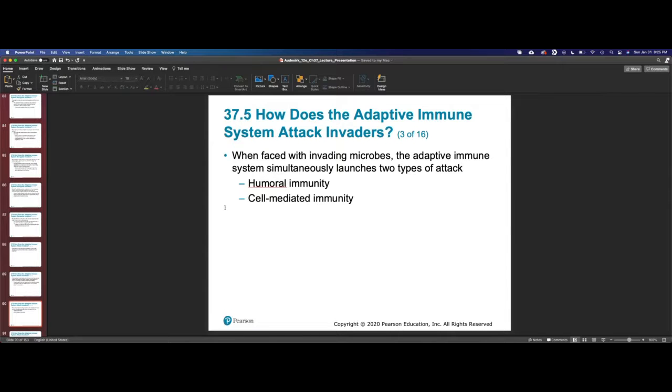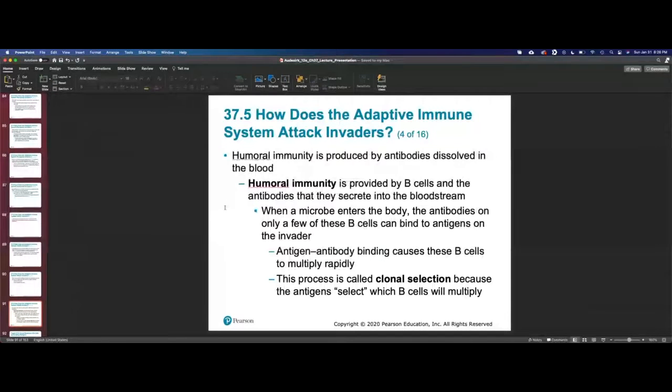So we talked about the difference really between B cells and T cells. T cells mainly for dealing with infected cells, whereas B cells are dealing with the bodily fluid or the spaces between the cells. So humoral immunity is going to deal with the adaptive immune response in that bodily fluid between the cells, and cell-mediated immunity is going to be dealing with infected cells.